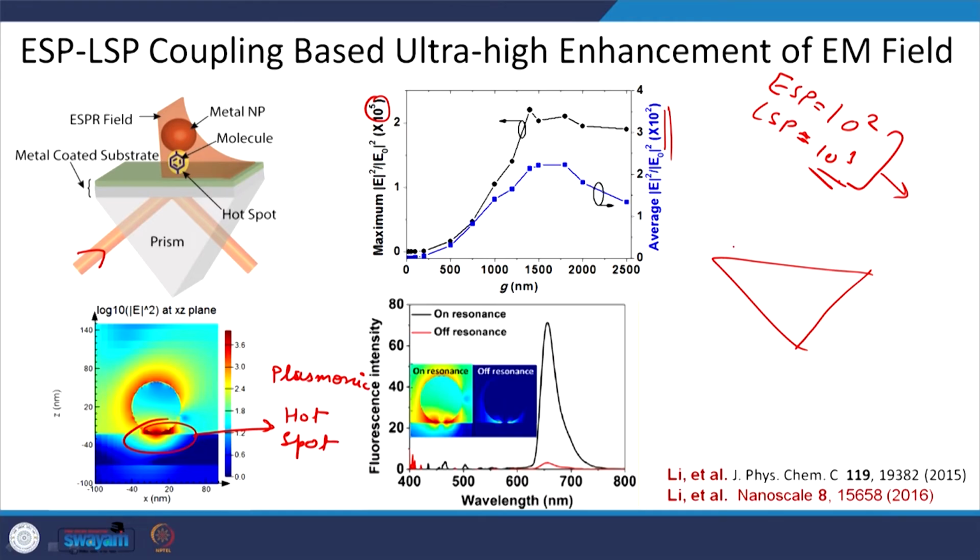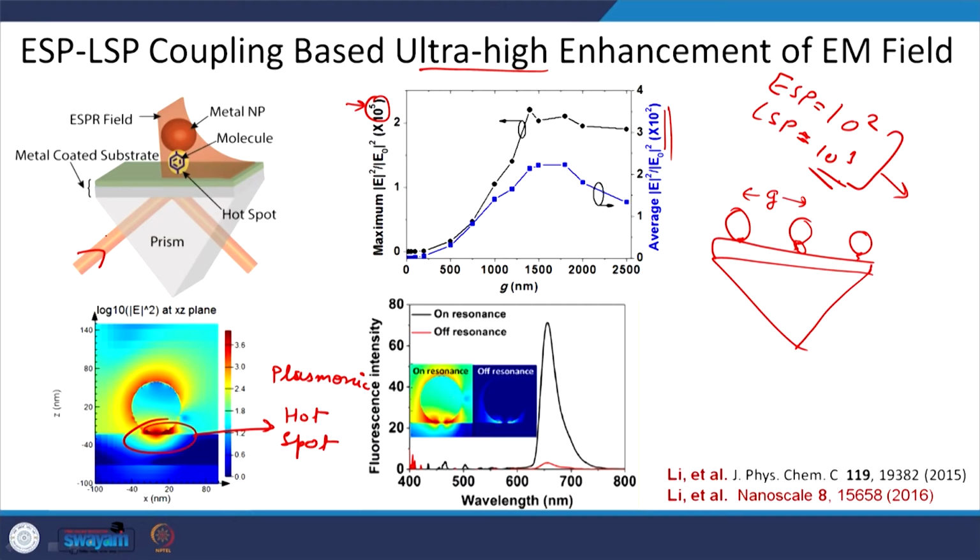So, it is like this kind of structure. You have a metallic film here, and on top of it you have nanoparticles, something like this. They have molecules all here, and the spacing between them is g. So, it also varies as a function of g. There is an optimum condition where you have the maximum enhancement, ultra high enhancement. You see here for all these values of g that in this particular case it comes to around 10 to power 5 times. So, if you put a molecule here which is fluorescent, you can have enhanced fluorescence intensity,